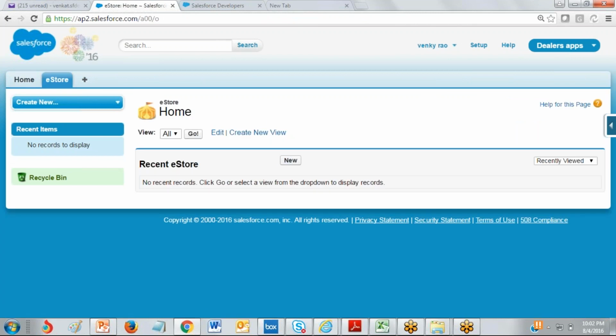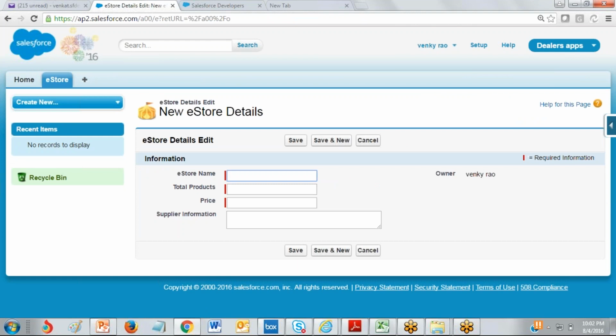Click on new. Now I received, for example, IBM laptops. I received 30 laptops from the supplier, each costing 50,000, from IBM, Bangalore.